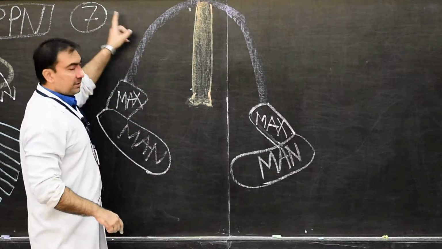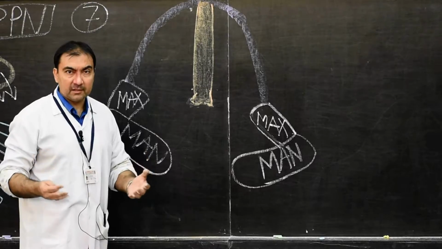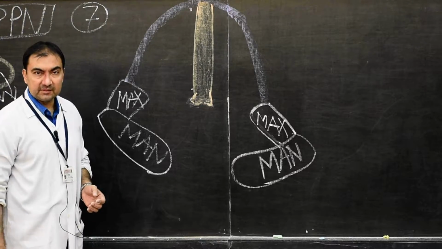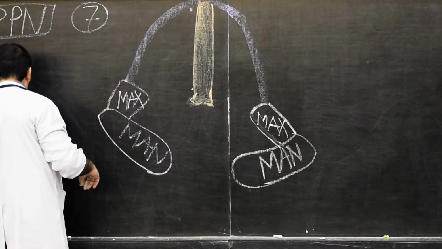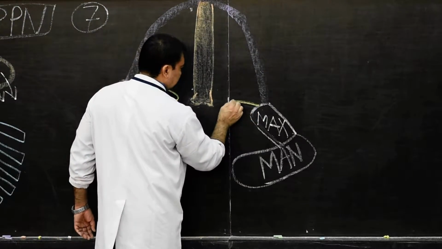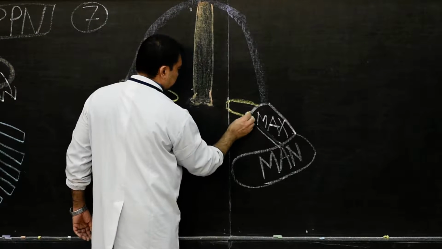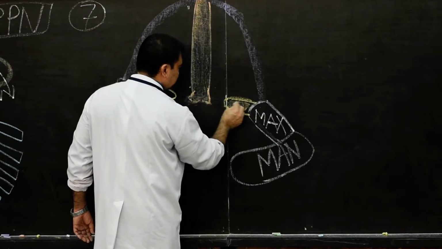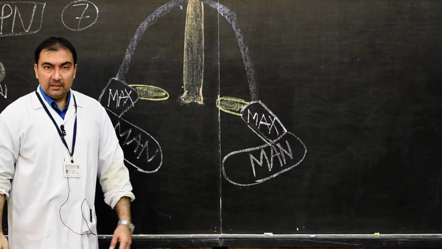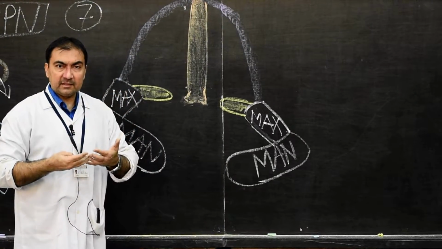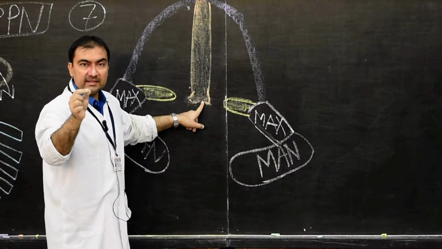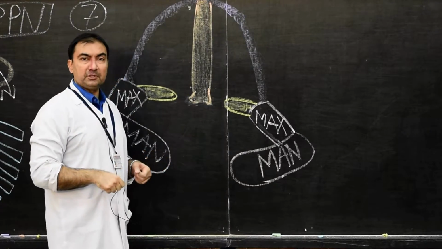Now step number 7, in step number 7, what we are showing is the two palatine processes will develop from maxillary process. These two palatine processes which develop from the maxillary process, they will migrate medially. They will migrate medially towards each other. So as they are migrating medially towards each other, they will fuse with each other in the midline and with the caudal end of the nasal septum. And therefore now we show the fusion.